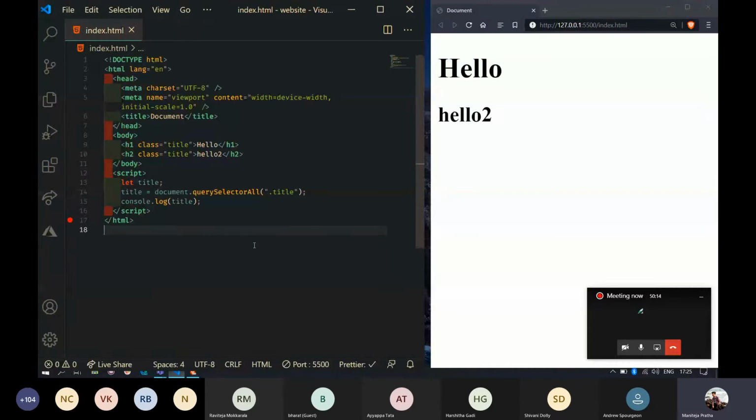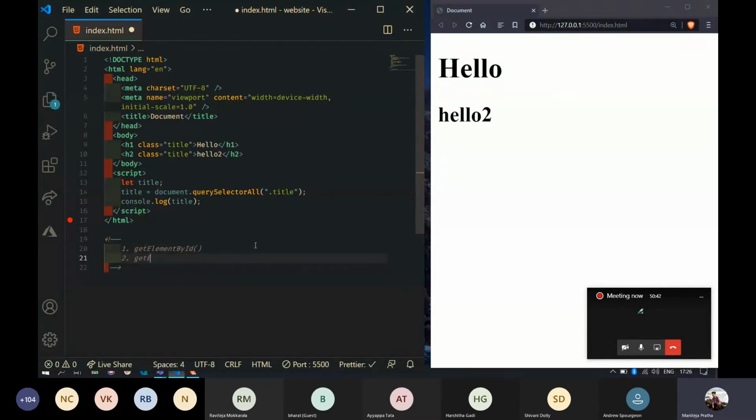The first one we discussed is... we need to understand these concepts in order to do any project. Get elements, right? The third method is get elements by.